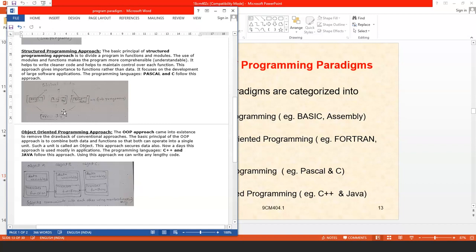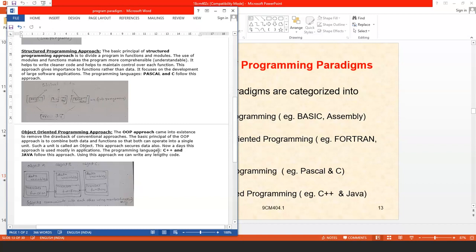Here we are combining the data and the functions into a single unit. That is the basic principle of OOP.